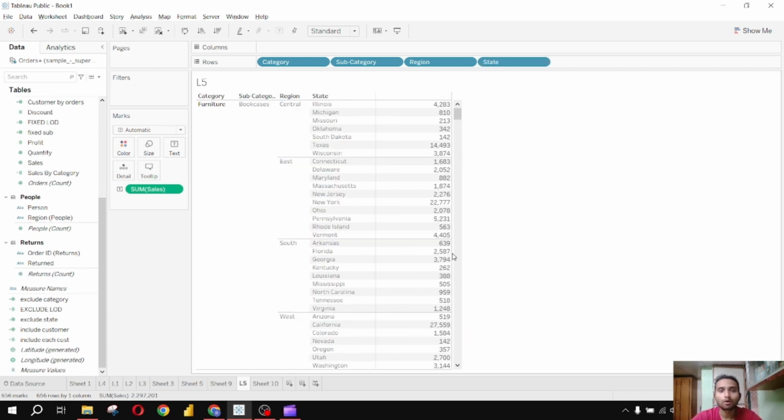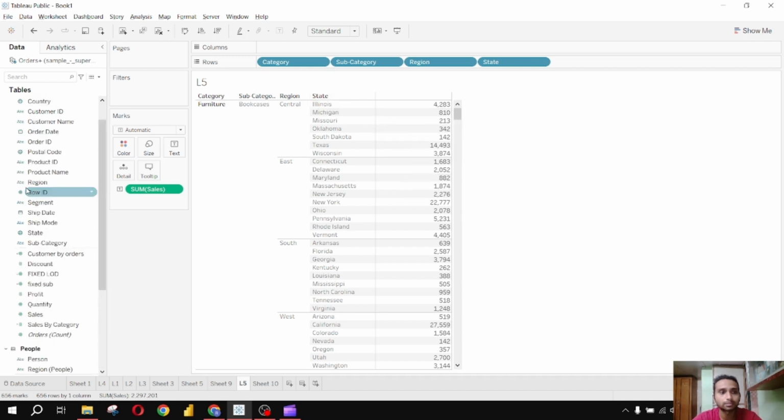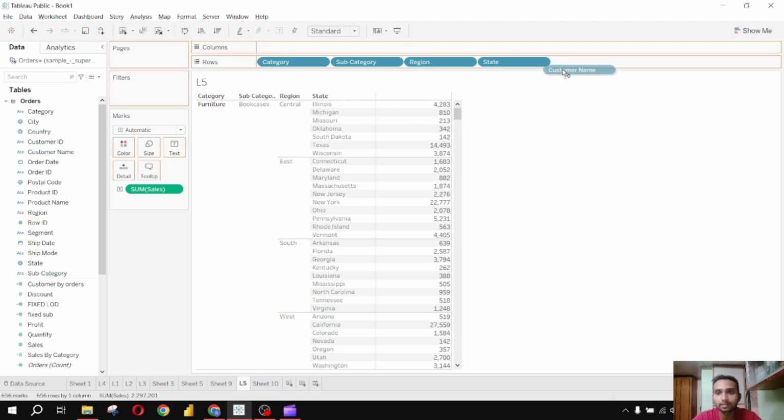So the third type of LOD is the include LOD. Include LOD will add the given dimension into the view before computing the values. So to understand the include LOD, I've created this table. We have the sum of sales as per the category, subcategory, region, and state. But we also want to see the average of sales as per the customer name. So if I add the customer name here,